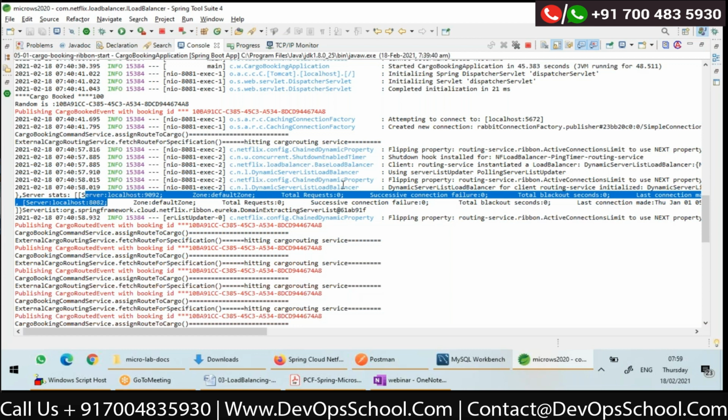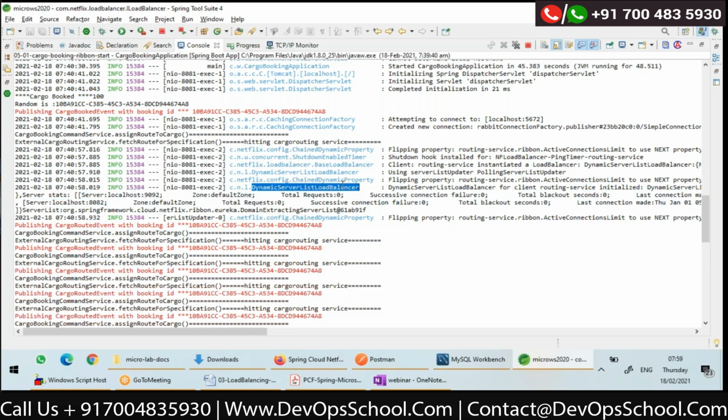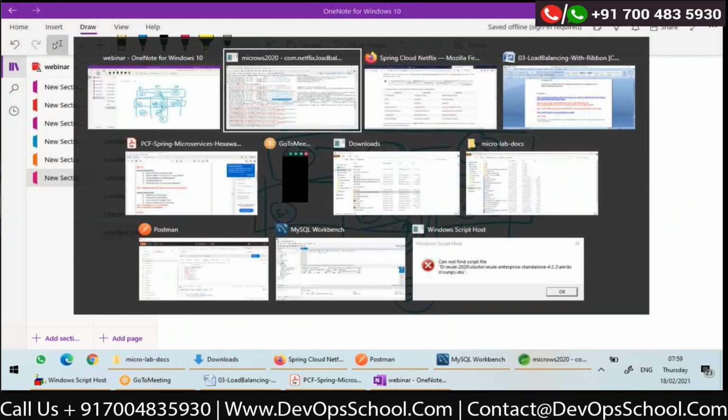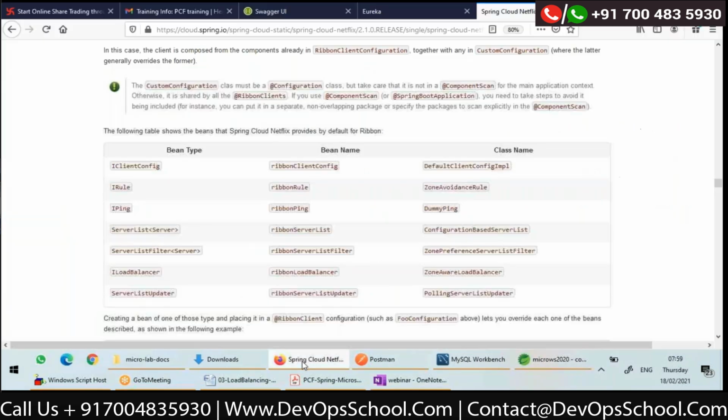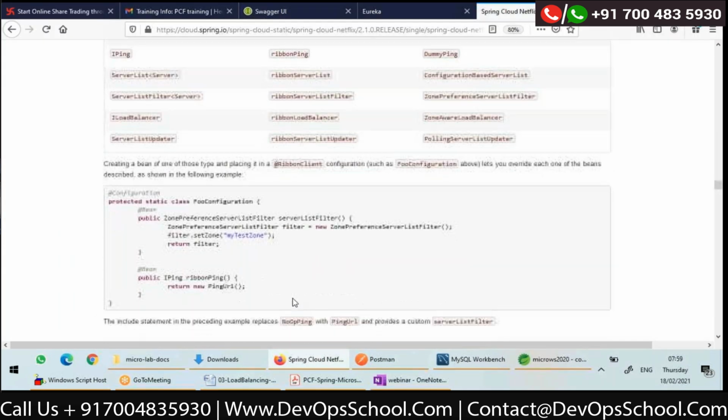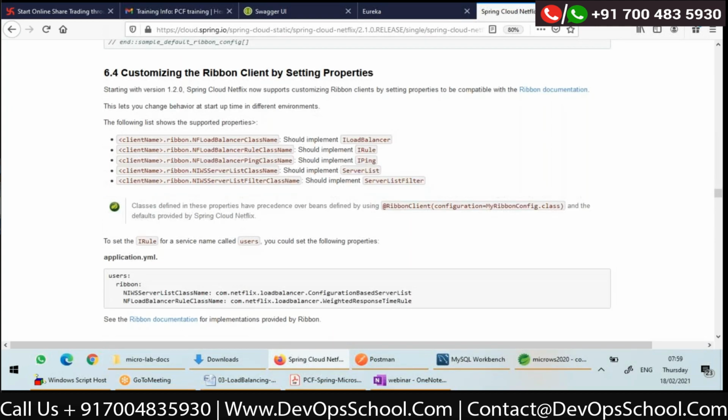So by default the one which is used is DynamicServerListLoadBalancer. If you want to configure, say, ZoneAwareLoadBalancer, what you have to do is, I'll just show you. I'll come down. You need to configure the ribbon client by setting these properties.